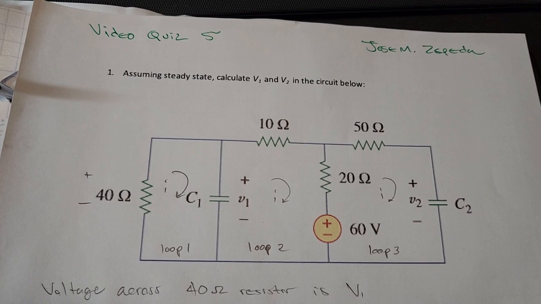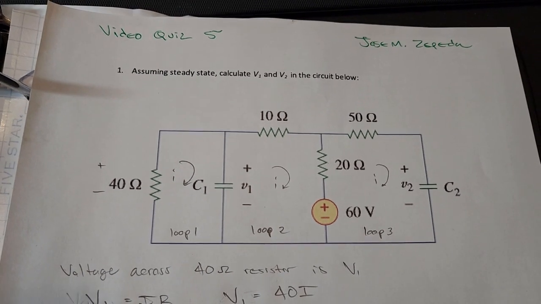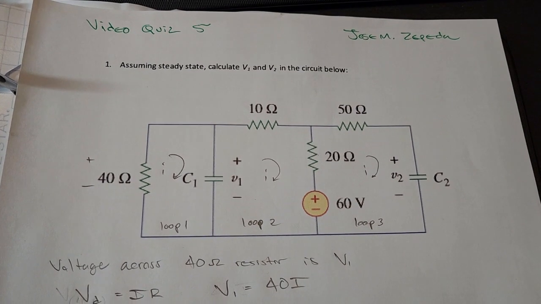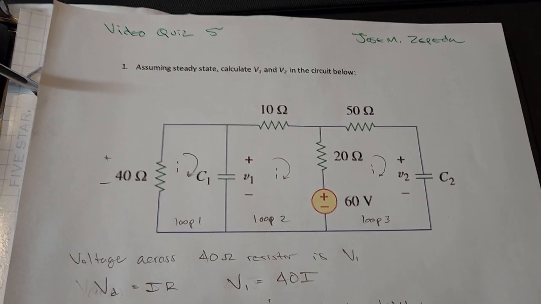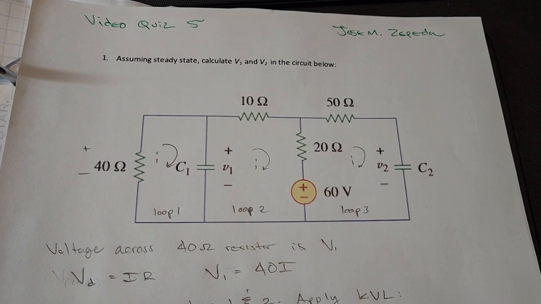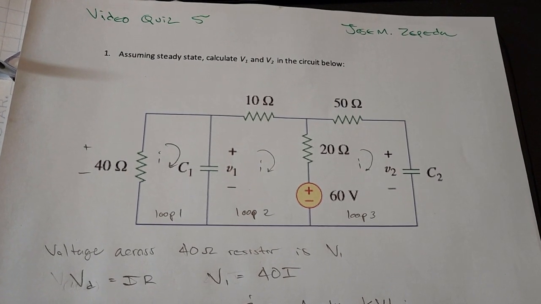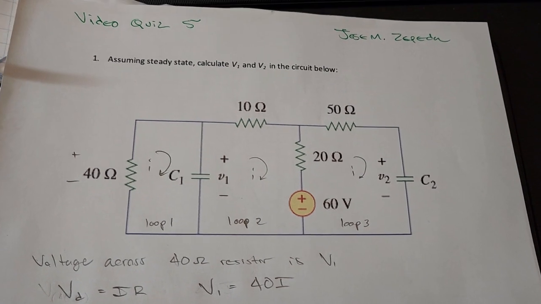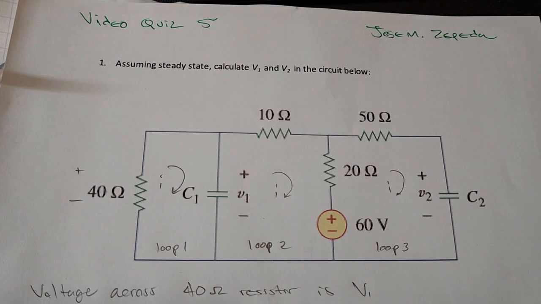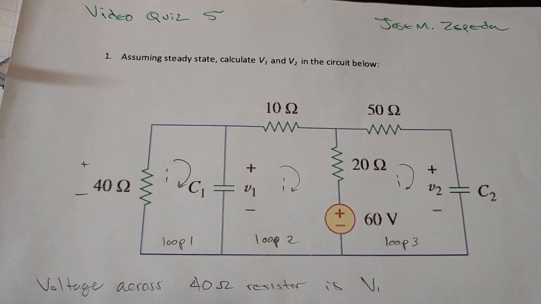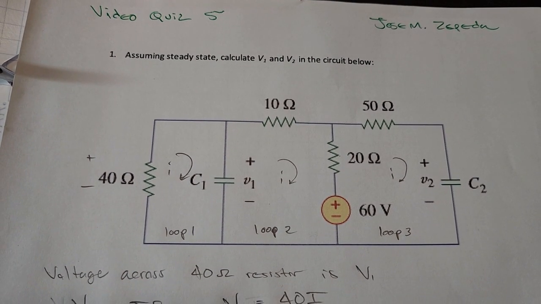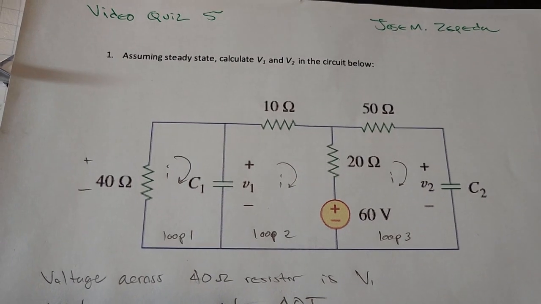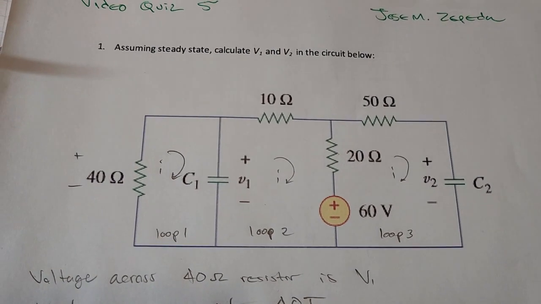And in this circuit we were asked to calculate V sub 1 and V sub 2 from the circuit below. This is the voltage across capacitors C sub 1 and C sub 2. The way that I approached this circuit was to first identify that the circuit can be separated into loops,